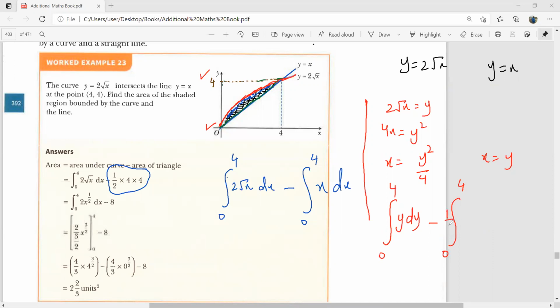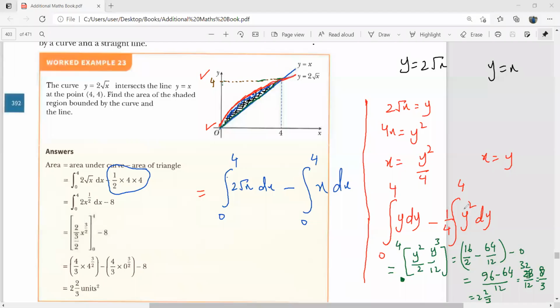Let me write this 1 over 4 here, and then this is your y square dy. Now come on people, you work out both of these integrals and tell me, do you get the same answer, same area or not? After completing all this working, you see that this answer over here is the same as this answer over here. So it is totally up to you if you want to find the area between the curve and the x-axis, or the curves and the y-axis. Choice is all yours.